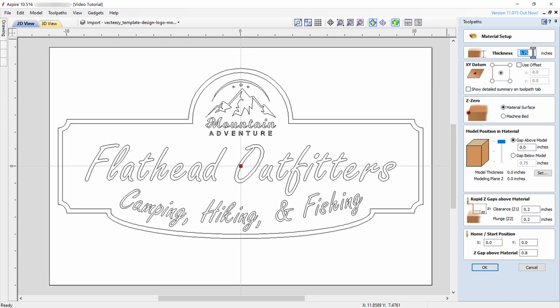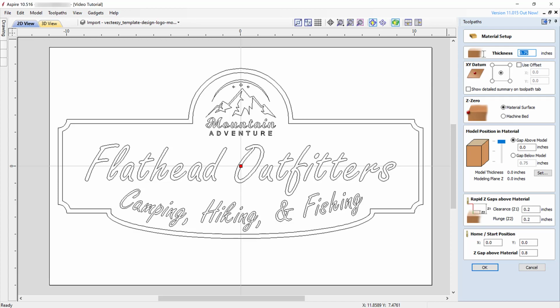Another method to be certain that the material thickness is the same as what we originally entered upon creating the project, you can simply type Z equals, and the software will automatically enter the correct thickness.